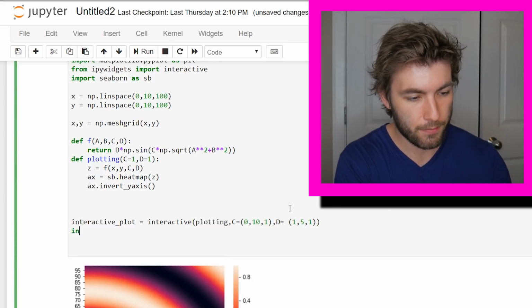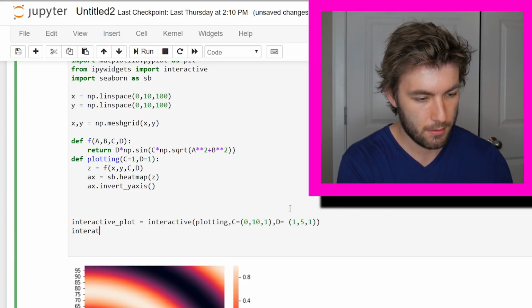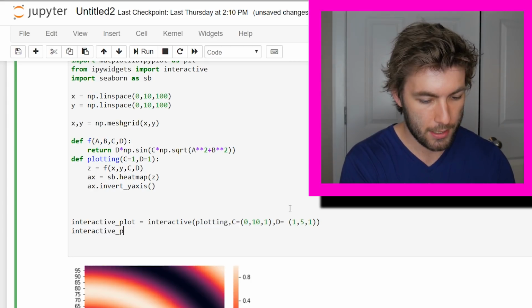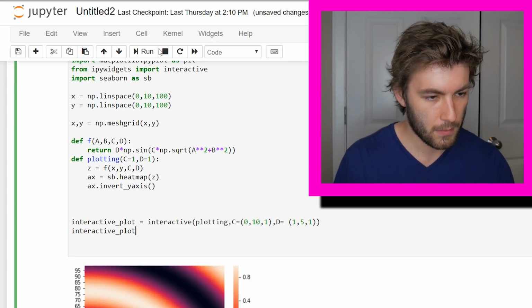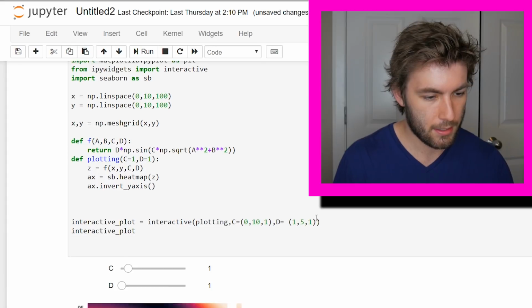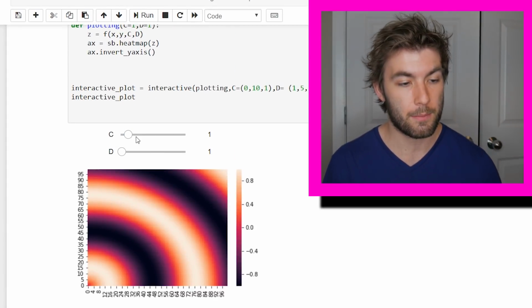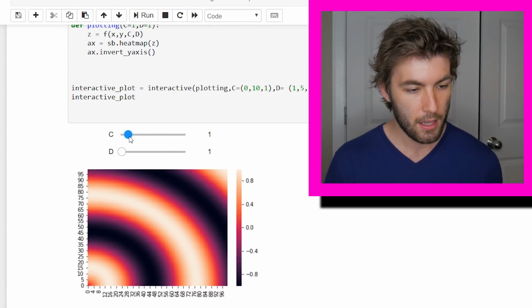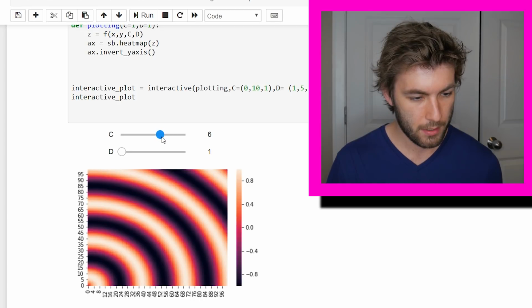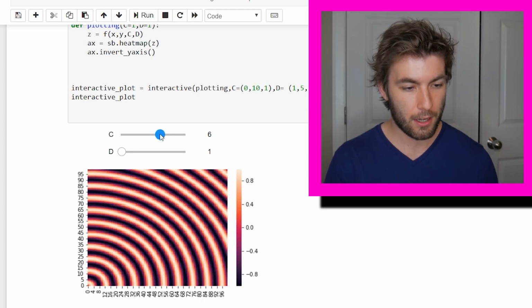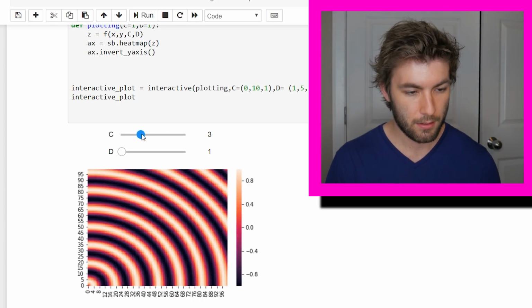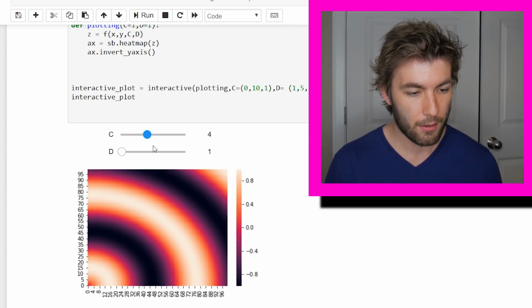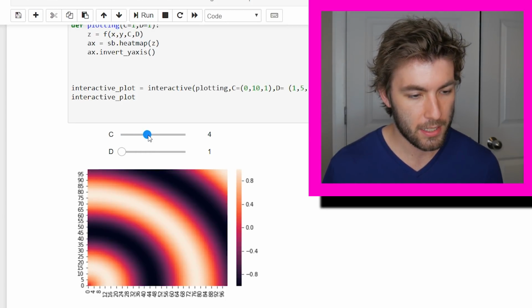Then we just need to call this function, interactive plot. Let's go ahead and run this. Okay, so right here, this is what I'm talking about, how we have our little sliders. And if we move them, we see that the graph is constantly updating. That's pretty cool, right? Now this is where it'll be nice to be able to